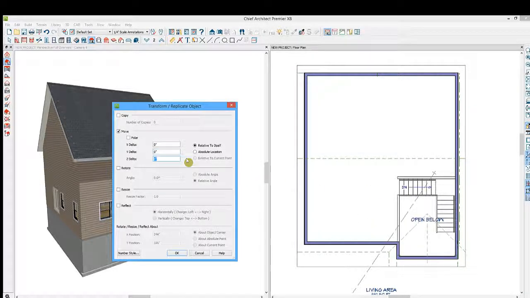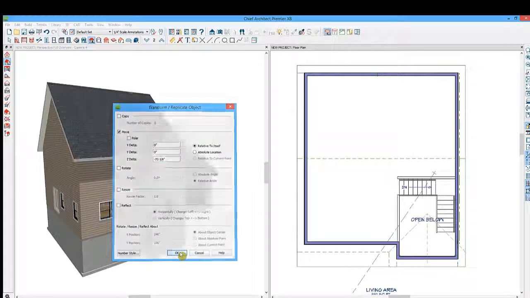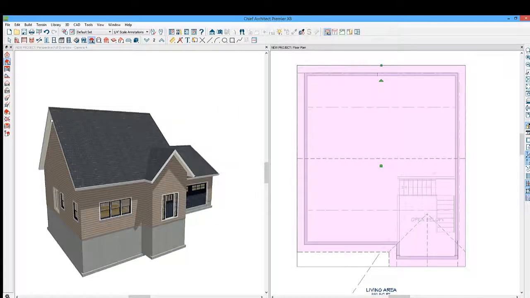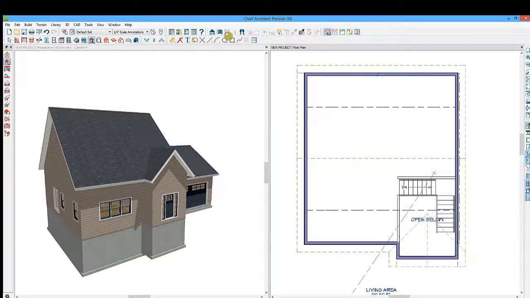The Z delta is in the height direction, or if you're looking at the floor plan, in the depth direction. I want to move these down 73 1/8 inches. So I'll type in minus 73.125 and click OK. And that will move my roof planes all at the same time down, so that now if I take a back clipped cross section,